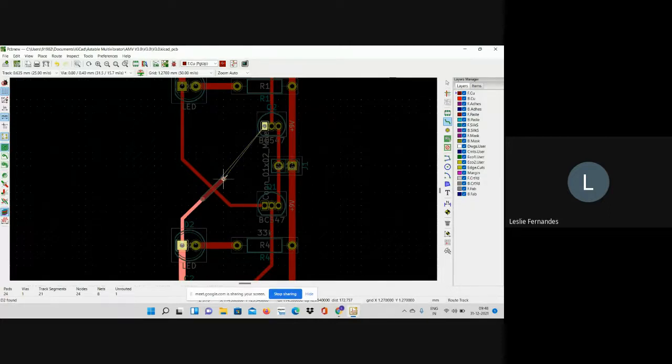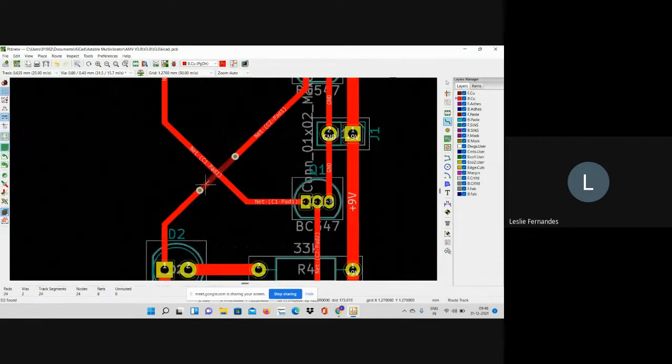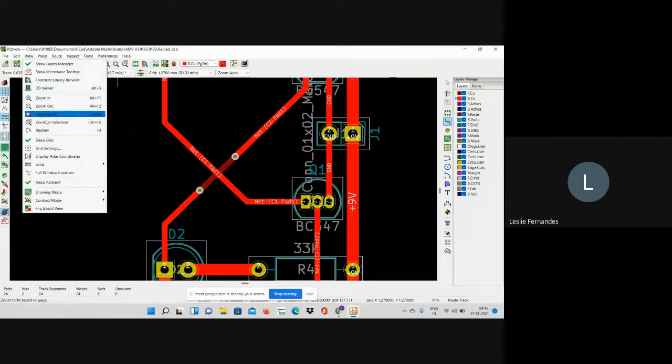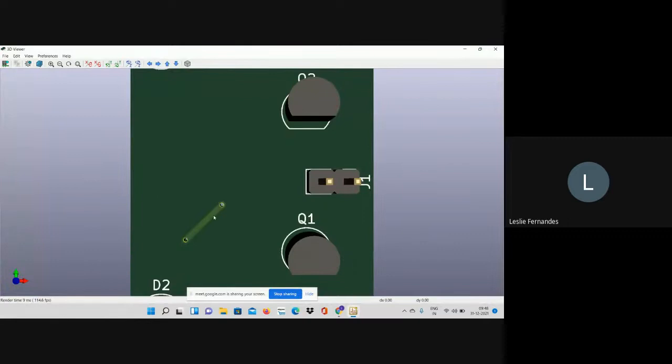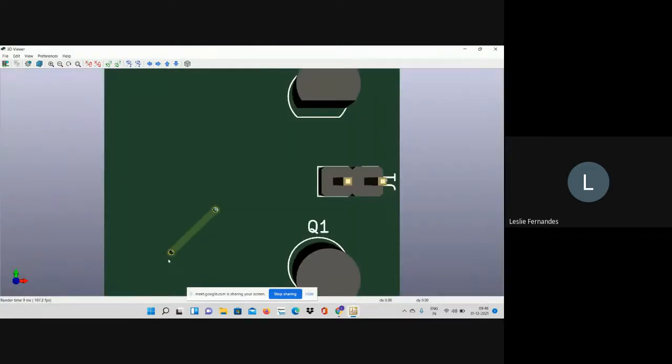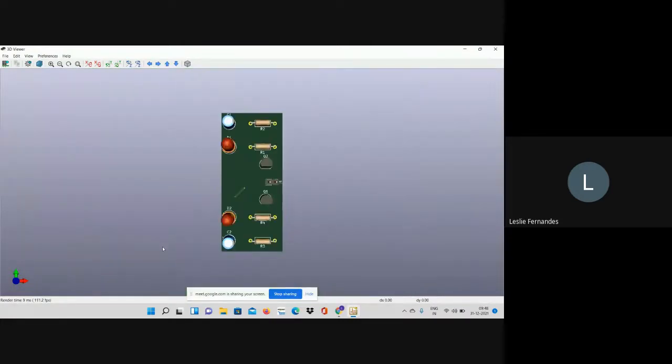Again I'll press V and then click. Yeah, this worked. So notice now this is on the top copper layer, and the red one is in the bottom copper layer. Let's see how it looks in the 3D view. You can notice there is a track over here. So here you're supposed to connect a wire from the top, and your circuit will get completed.